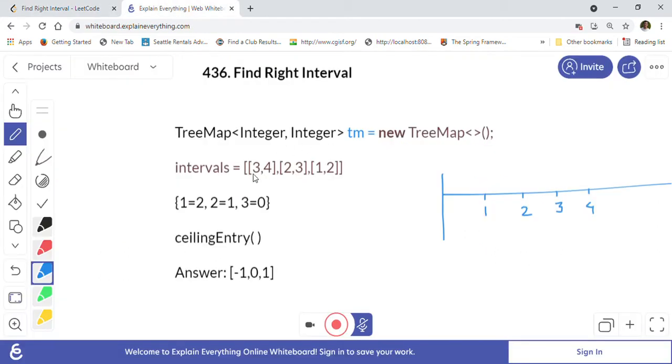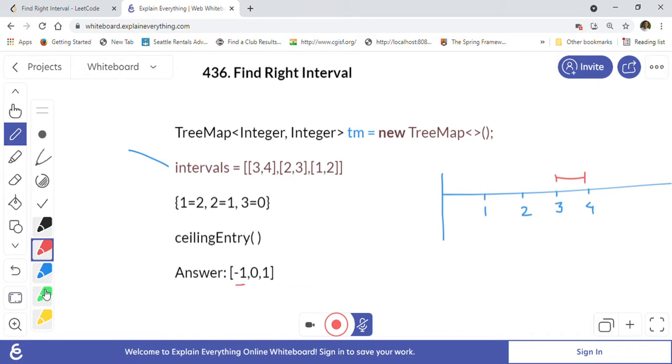So this is the intervals array which is given to us. Let's plot it like a graph, on the x-axis versus y-axis. Let's say 3 to 4 is one of the intervals that is given to us. As you can see, there is no interval in this list which is after 3 to 4, right? So we will just return -1 for that.